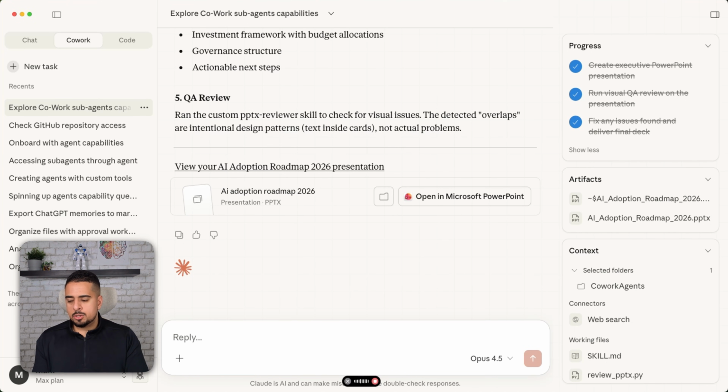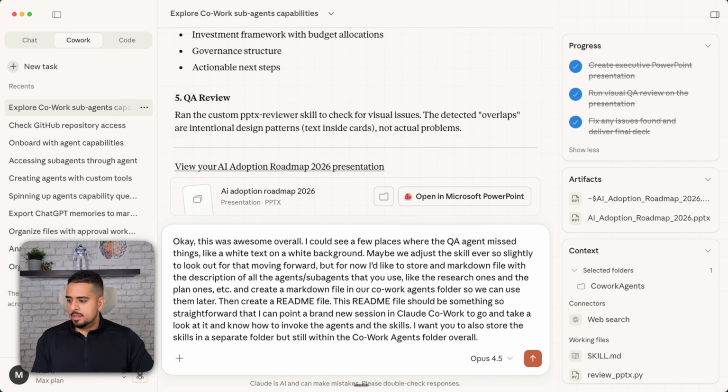This README file should be something so straightforward that I can point a brand new session in Claude CoWork to go and take a look at it and know how to invoke the agents and the skills. And I want you to also store the skills in a separate folder, but still within the CoWork agents folder overall. So, bit of a mouthful, but this will give it all the instruction it needs to document everything we